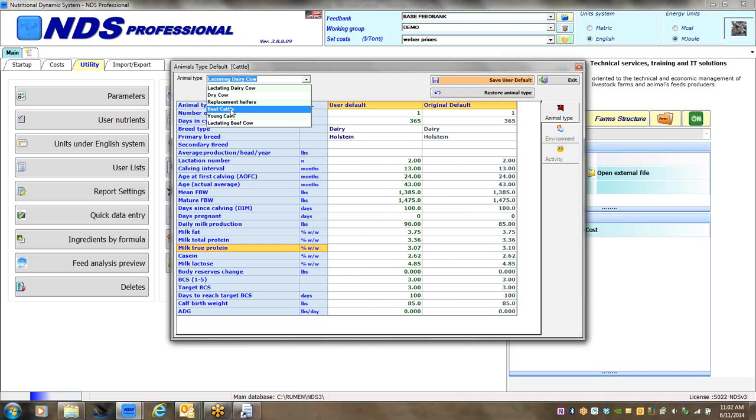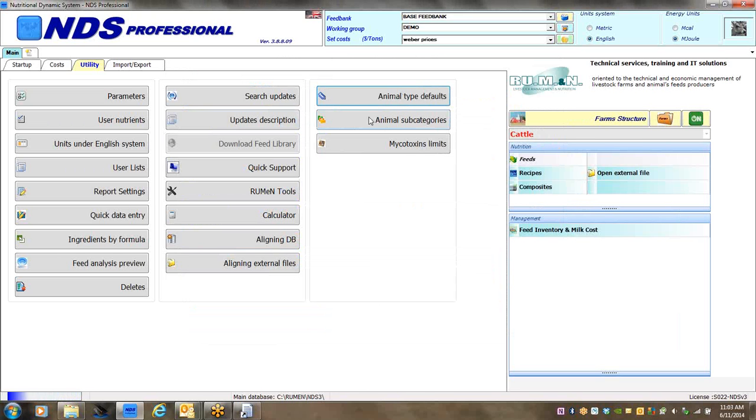Beef cow is basically feeding, feedlot cattle, and it uses a different submodel. Again, it's not the CNCPS submodel, and when you click on the tab, you'll notice that. Lactating beef cow the same way. So you can customize this area for parameters for your computer, and then you can actually set up some subcategories